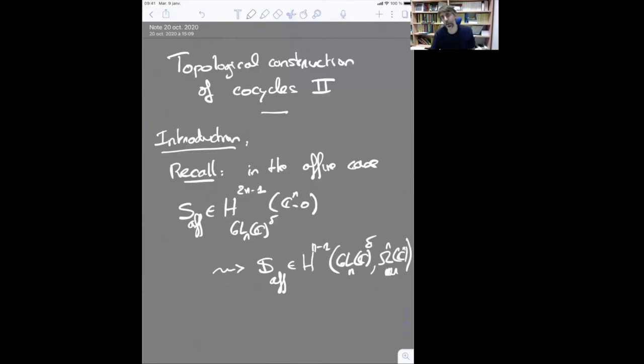And my goal today, I have two goals today, is first to revisit a little this construction and explain exactly how to erase hyperplanes. One crucial thing to go from this class to this class was to restrict the first one to Cn minus hyperplane. So I will explain how to do it and explain that in fact there are two ways to do it, and give an explicit expression for this class S affine, for cocycle representatives of this class,